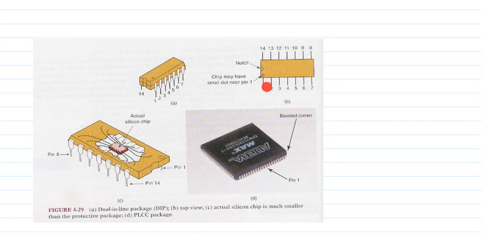We have to go from 1 to 7, and from the bottom we have to come up to 14. Inside this is your actual silicon chip, and the other part is the plastic casing. The connection is going to each pin. So you have a notch and a dot here, so this side is the first pin. If you go this side, 7th pin, 8th pin, and this is the 14th pin.